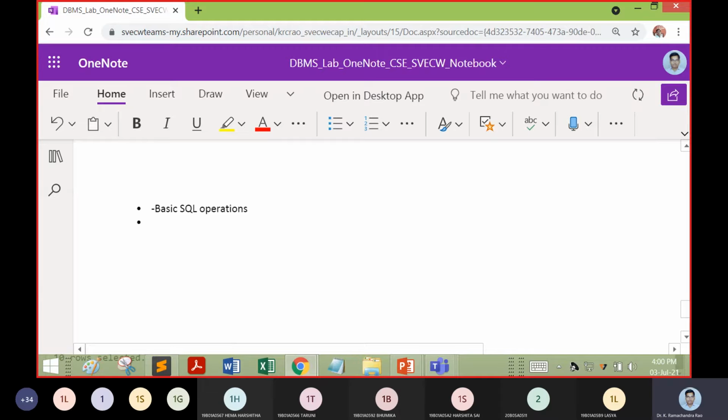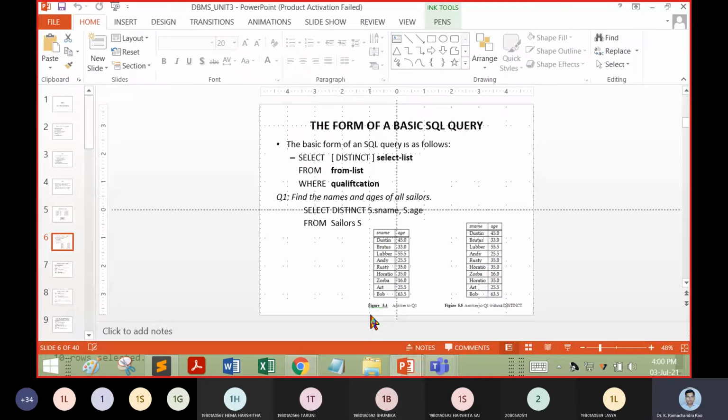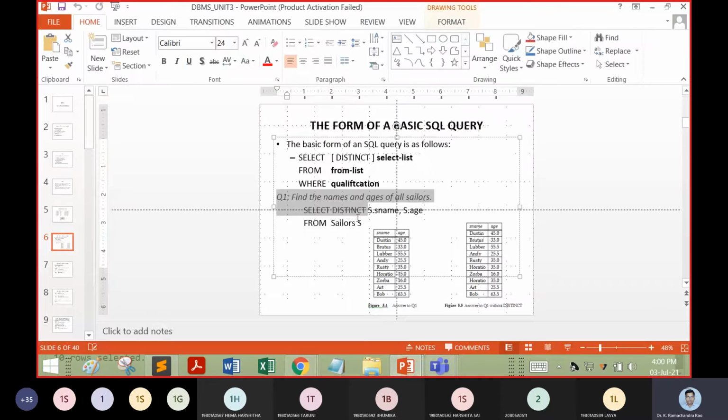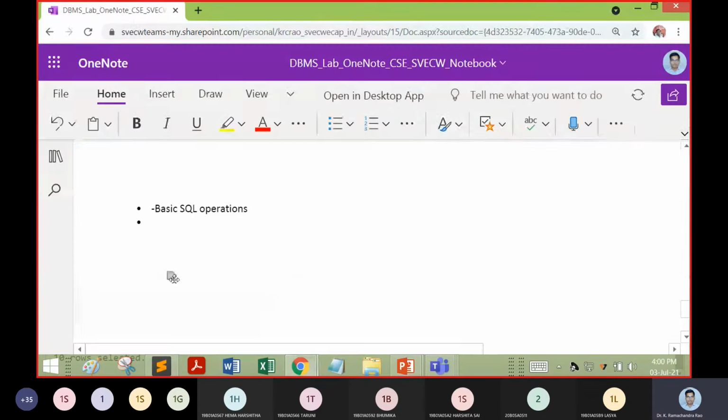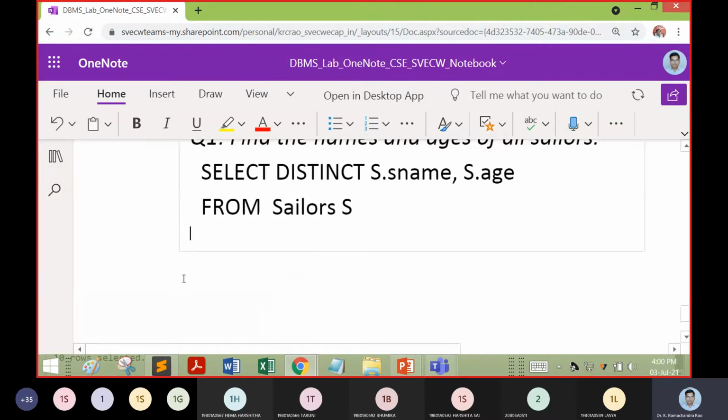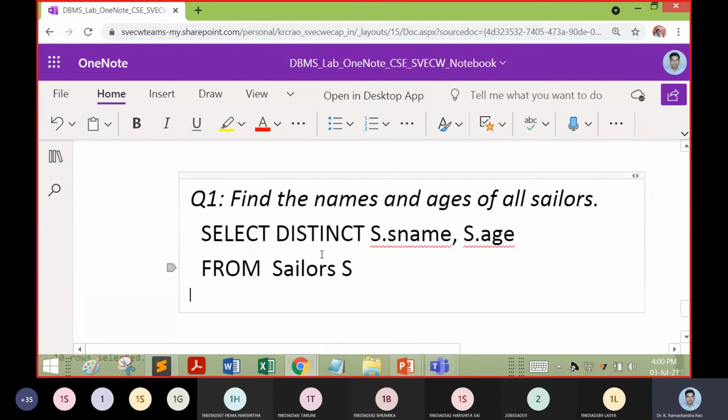So how are we going to work it out? Let us see the very first query: find the names and ages of the sailors.